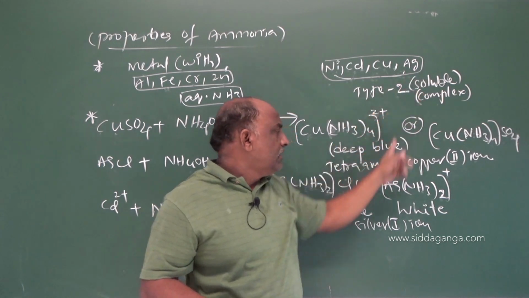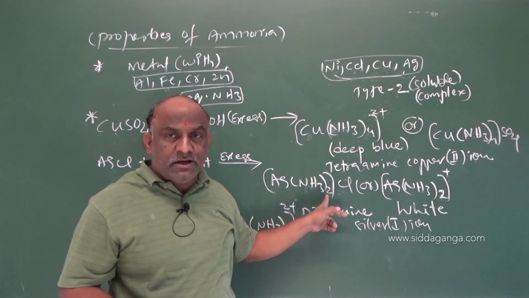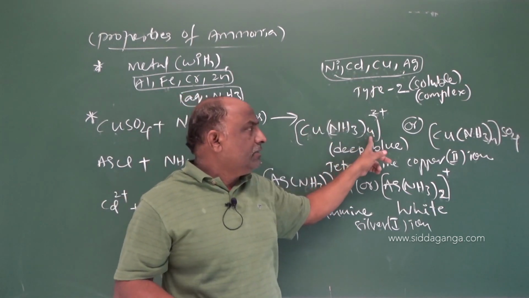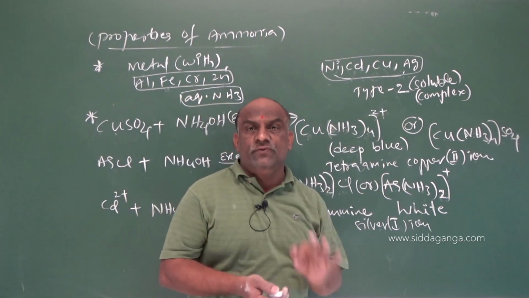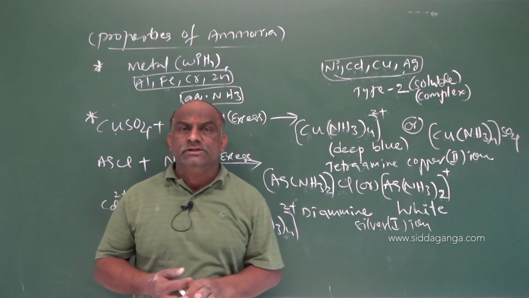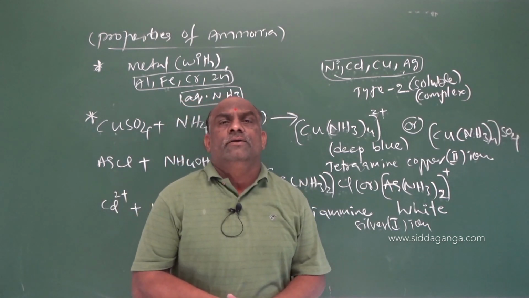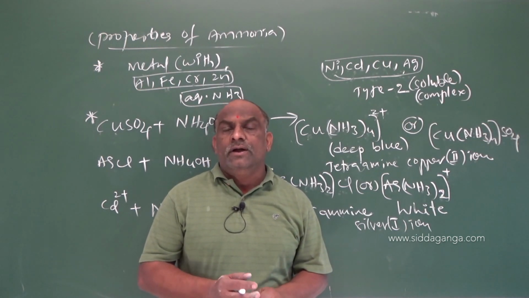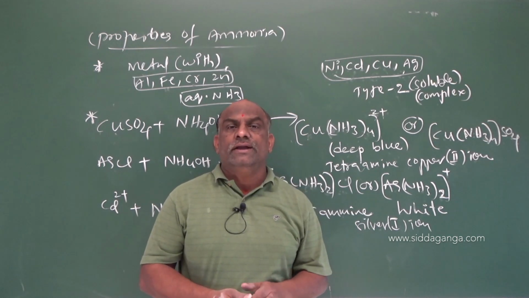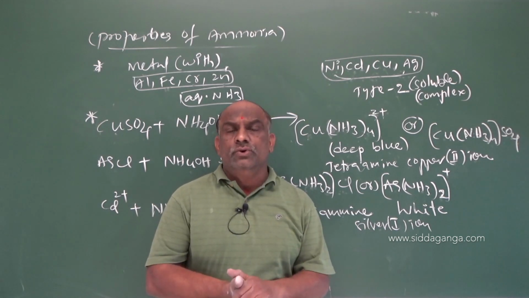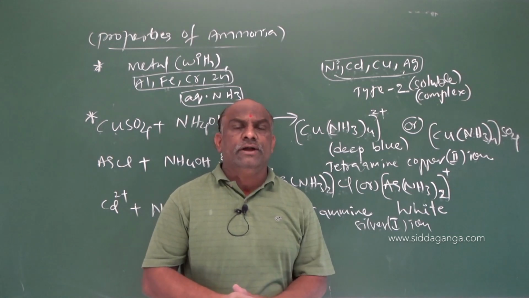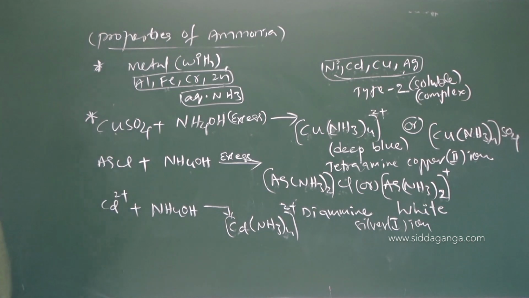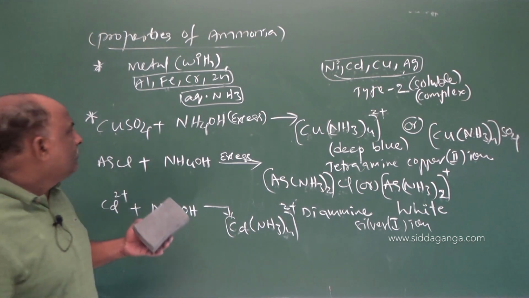Silver gives a diamine, that is, sp hybridization complex compound. Silver has coordination number 2, while copper, nickel and cadmium have coordination number 4. Make a special note, this is very important for NEET and JEE. Don't neglect it, practice, then you will get the idea. After completing this, go through NCERT, then definitely you will get an idea about this. Clear it is. After this, some more reactions are there.